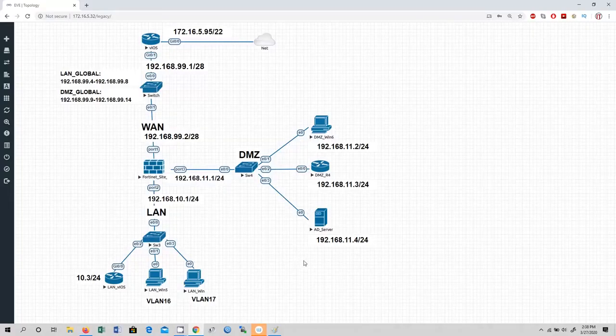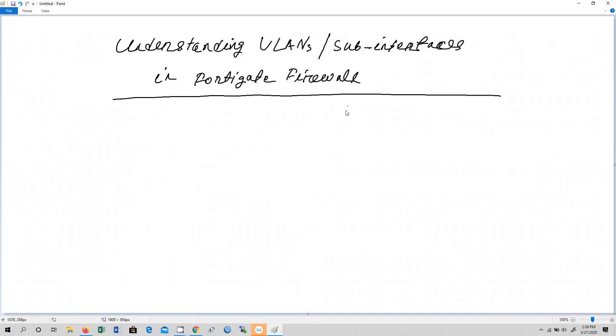So let's get started understanding VLANs or sub-interfaces in FortiGate firewall. We have the FortiGate firewall here in our topology, and we have two zones.